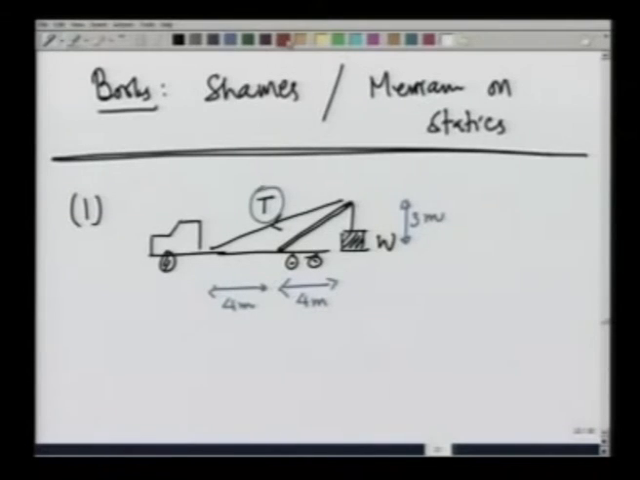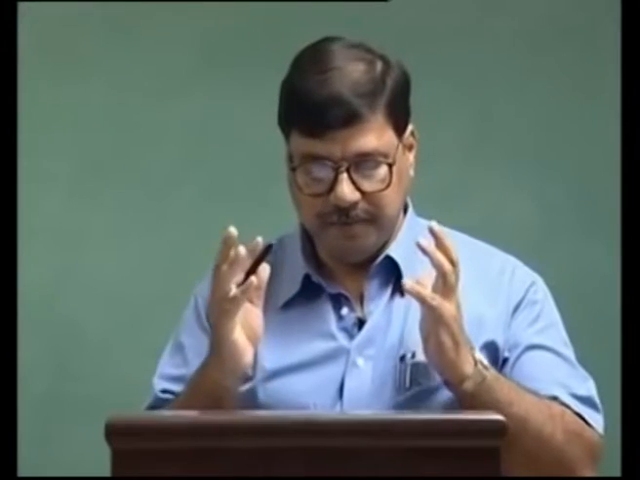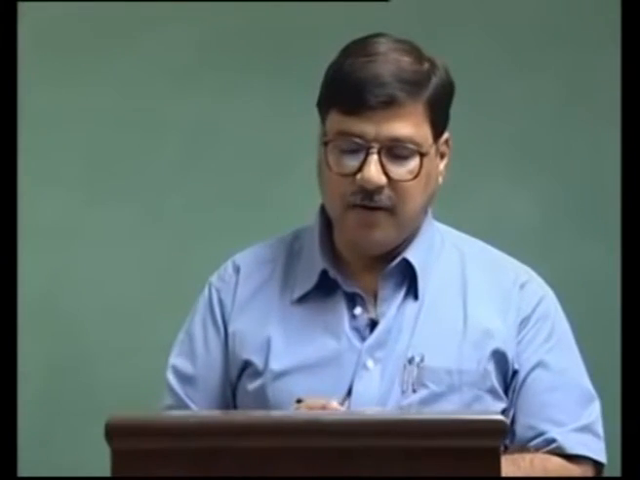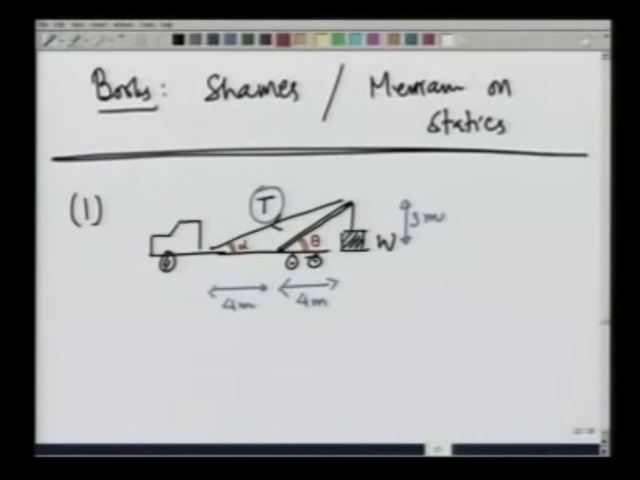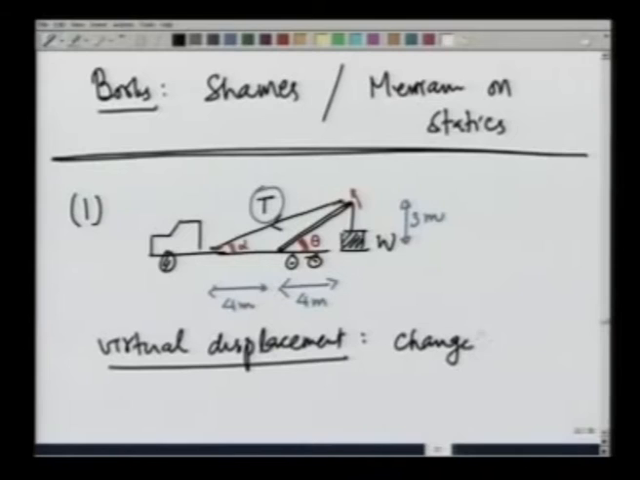Let me call this angle theta and this angle alpha. If I want to use the method of virtual work, then what we should do is imagine a virtual displacement of the system, and here the virtual displacement is going to be described by the change in angle here. As you pull the rope in, this system is going to move like this. So, virtual displacement is going to be change in theta,